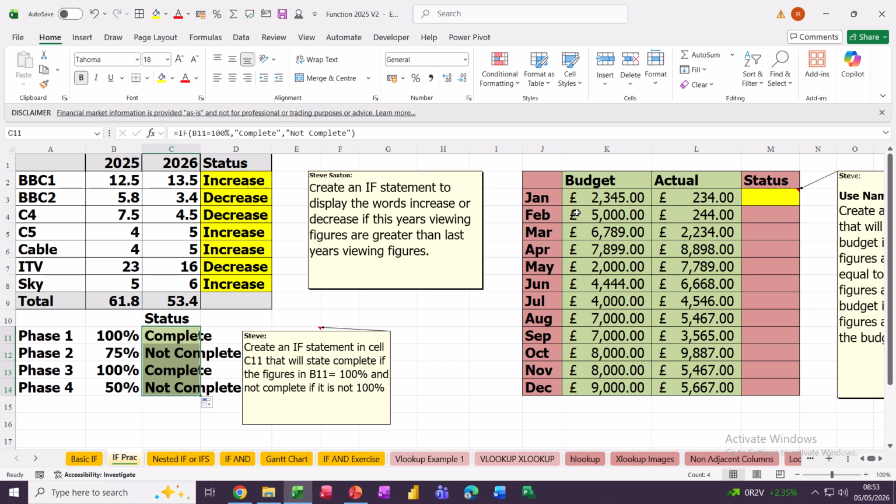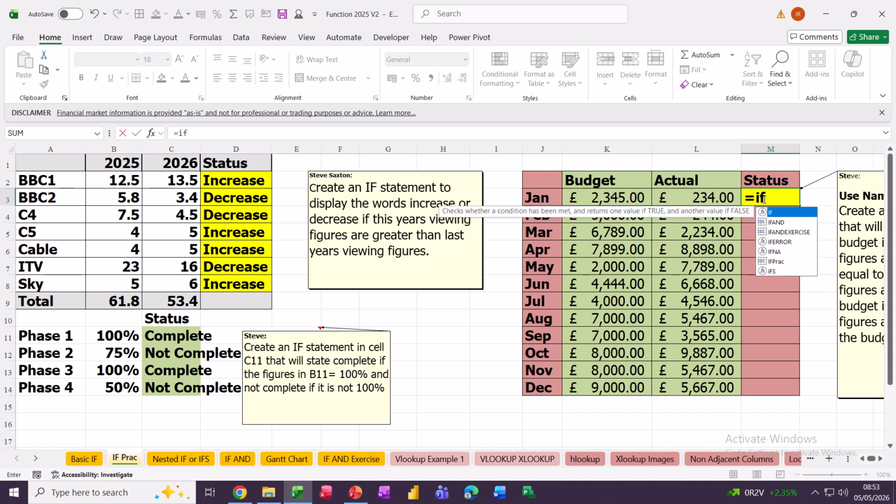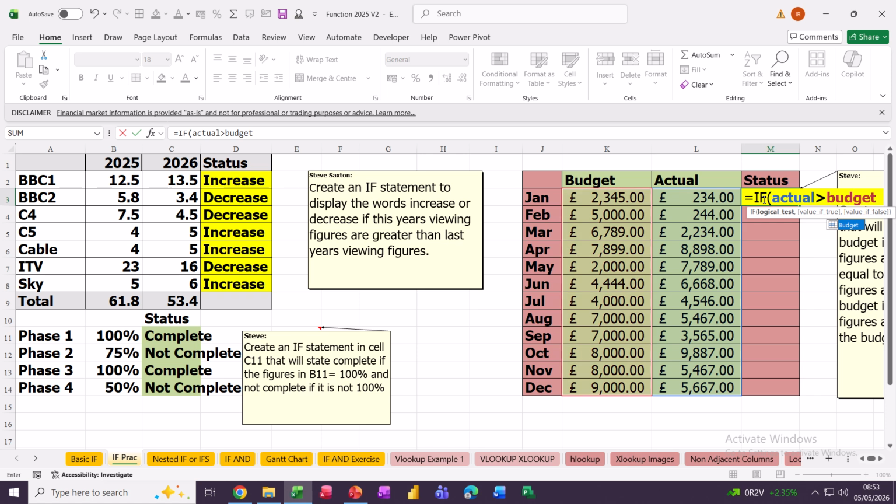This last example, I've named these two columns budget, that's called budget, and this one is called actual. So what I want to happen in this one, if actual is greater than budget, they are over budget. So equals if, pressing the tab key, so if actual is greater than budget, that's the test, comma, I'll just use the word